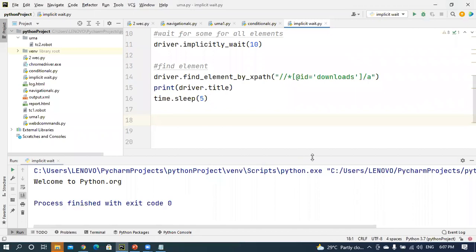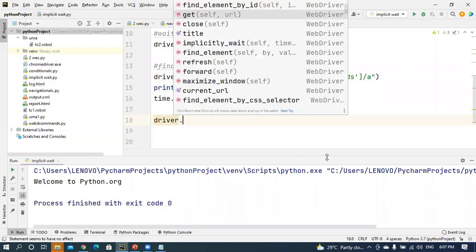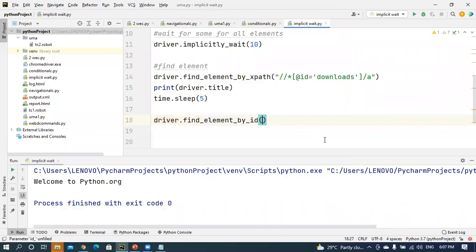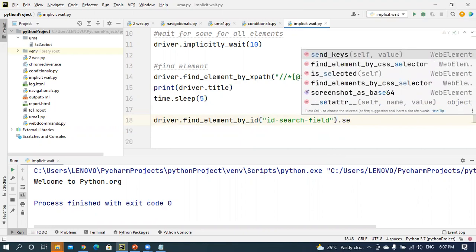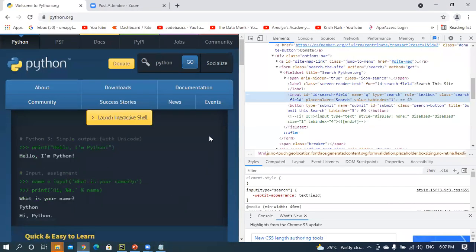Driver dot find element by ID, I am passing the ID value, and then the send keys method is there. With the send keys method, I am passing, for example, Python, that means entering the Python value.